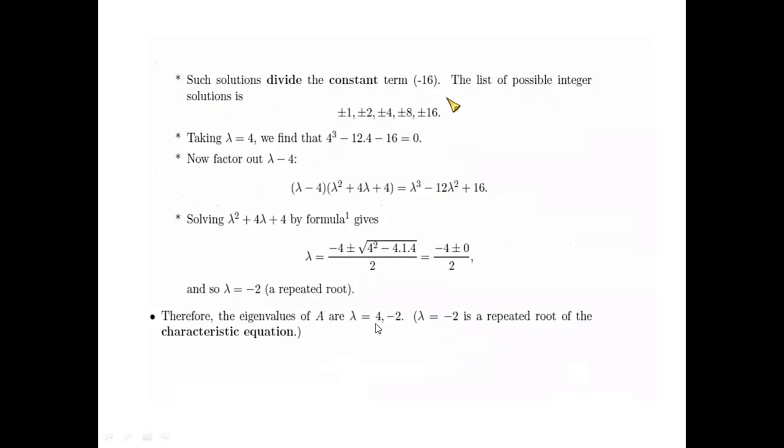But what we find in this problem is minus 2 comes twice. So that's what is written here. Minus 2 is a repeated root. Right? So the lambda that we get is 4 and minus 2, and there's another minus 2 that comes in. So actually you have three eigenvalues, 4, minus 2, minus 2, where minus 2 is repeated. Right? So now comes the next task, to find the eigenvector.